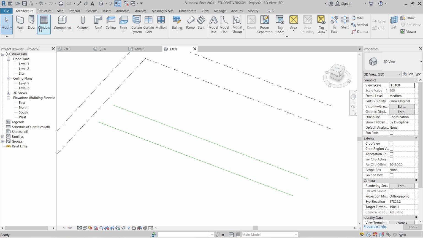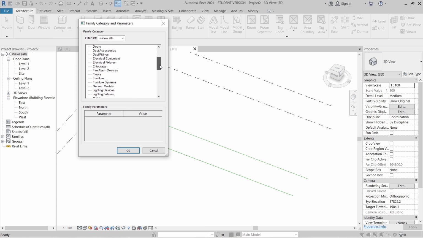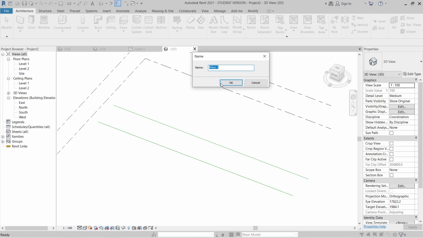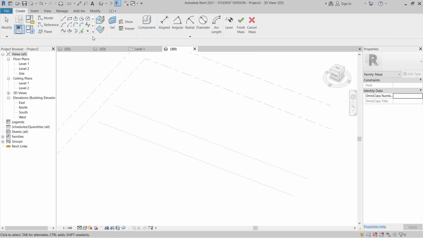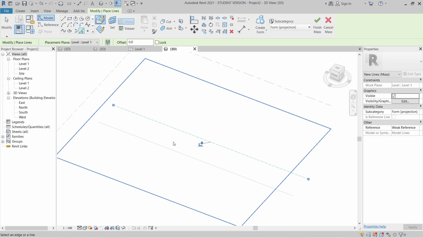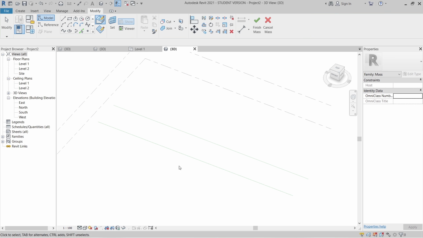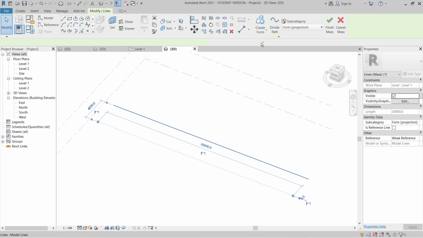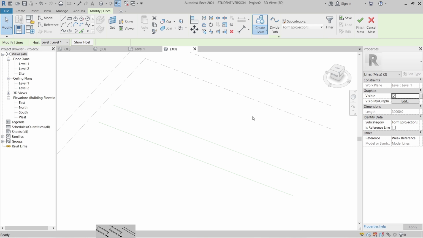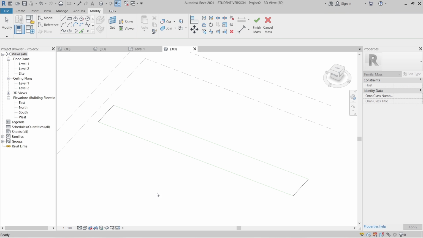Okay, perfect. Go to my component, drop down, finding for model in place, then finding for mask. Okay, mask 1 and pick line. I can pick the first one, second one, and hit escape a couple times. Let two of them here, create form, solid form, and use for surface.